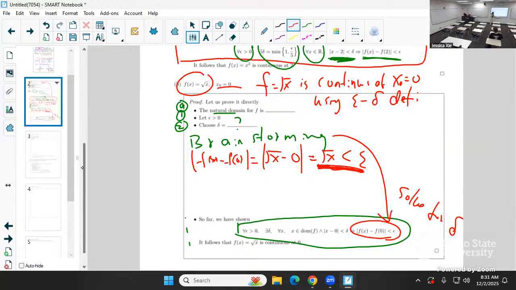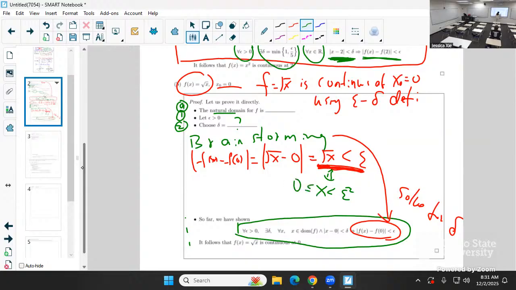We need to show the square root of x is less than epsilon, then your x should be this one. Meaning that to show this, we only need to show x is less than epsilon squared. You agree? Algebra, right? In order to show the square root of x is less than epsilon, x should be less than epsilon squared. But remember, how about x negative?